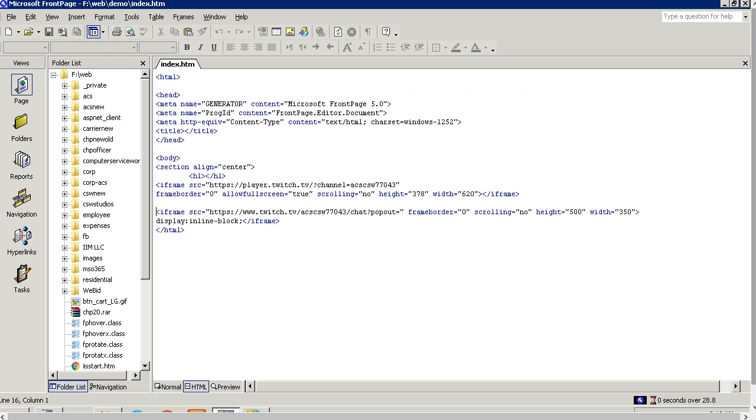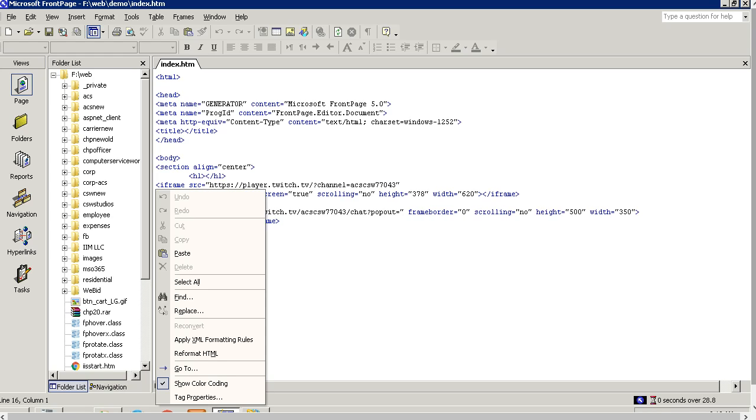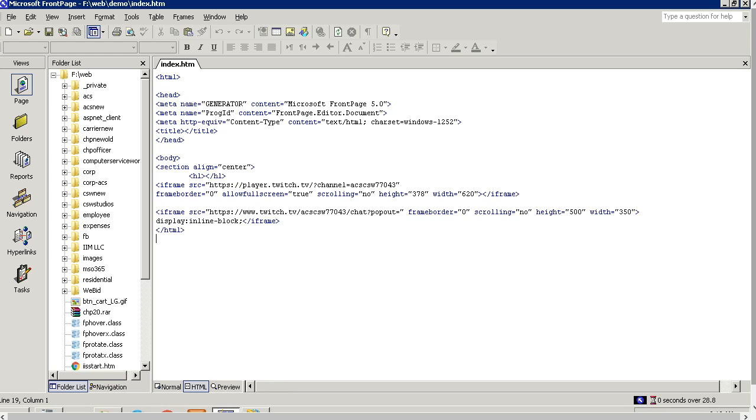And then all you're going to do is either Control V on the keyboard, or right click and go to paste. Once you paste it, you'll get this line in its entirety. Almost. You will need to add one line of code, because all you're going to initially have is the iframe source, the location of your chat pop out for your site, this stuff here, and then after this caret